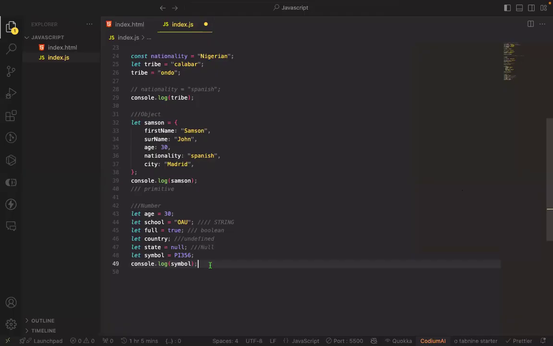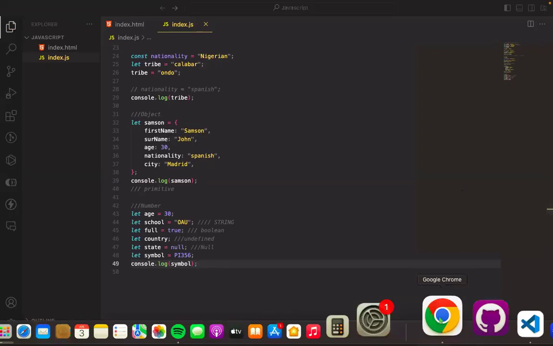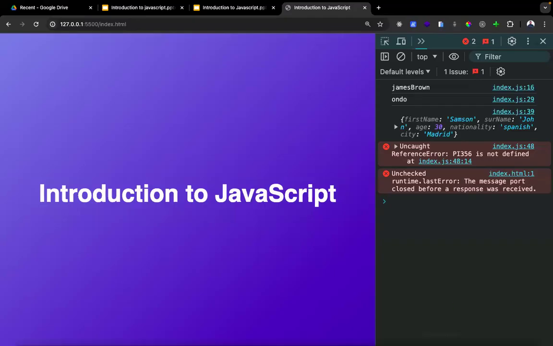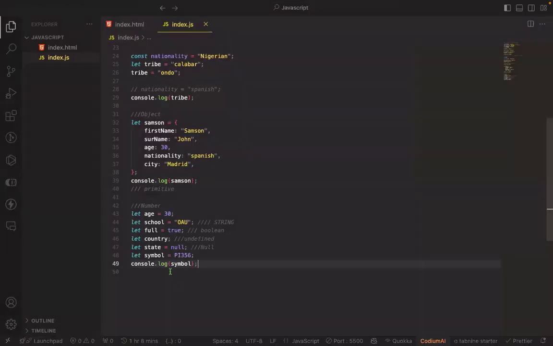If they would define anything, it is actually null. I'm struggling with this symbol, but symbol is actually a data type which you probably won't use over and over again. As I've mentioned, the most frequent ones you'll be using are these five, and there's something called big